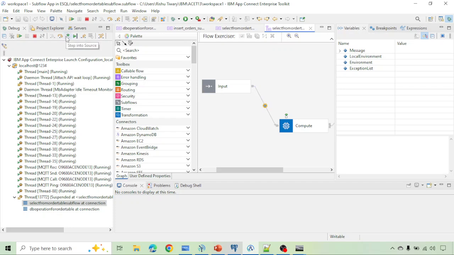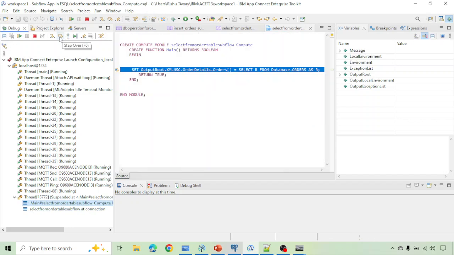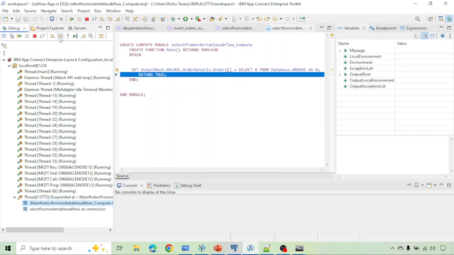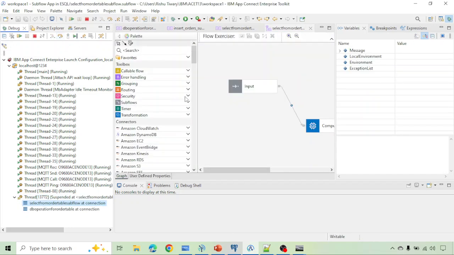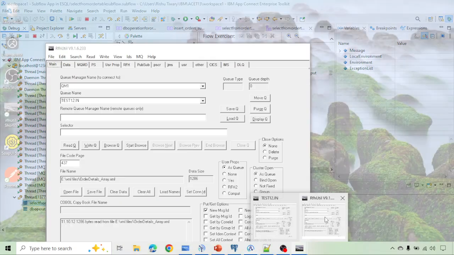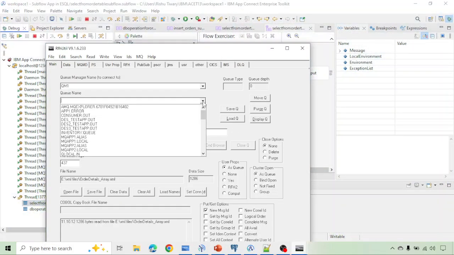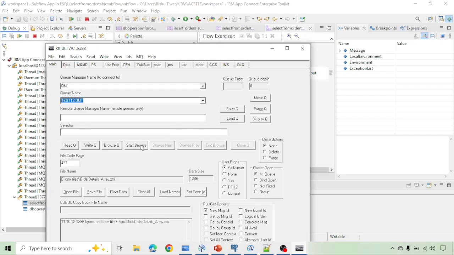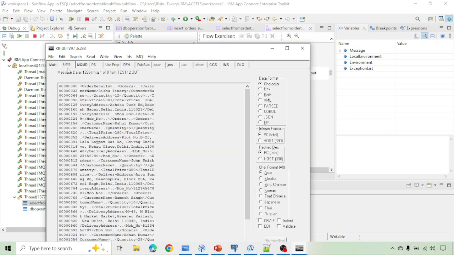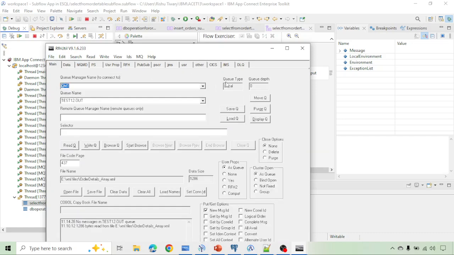Further, with the help of the compute node, we will do the select operation. After that, with the help of return true, I will send a message to the MQ output, and you can see currently in the MQ output queue, if I browse the MQ output queue, you can see currently there is no message, right? Okay, currently there is no message. You can see it is 0. Okay,